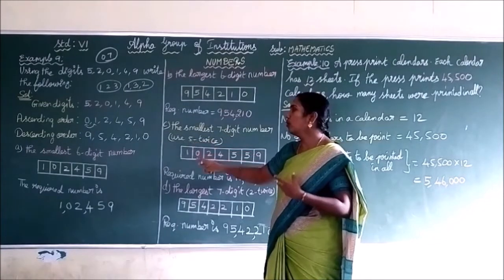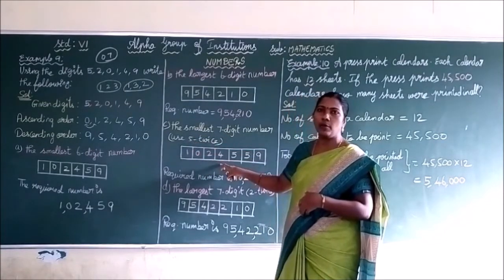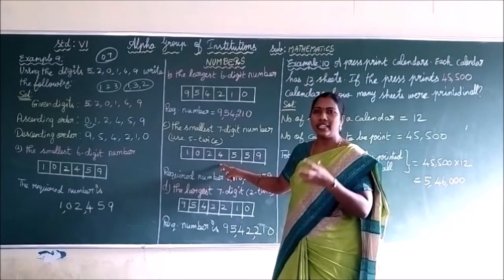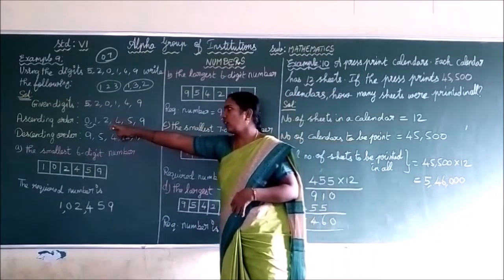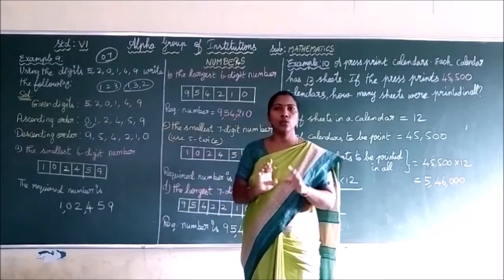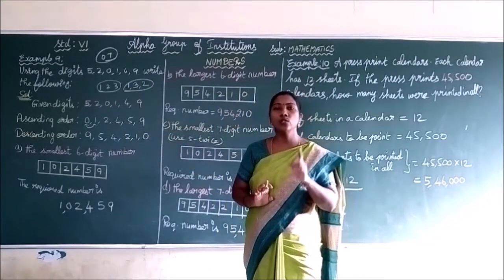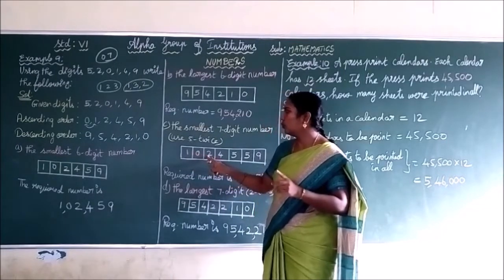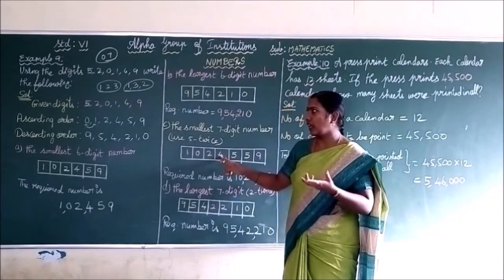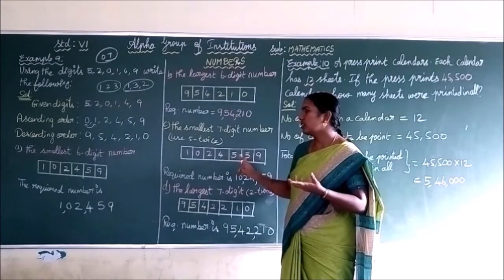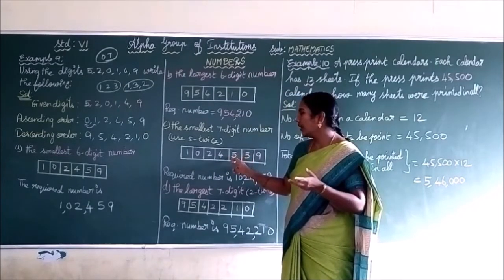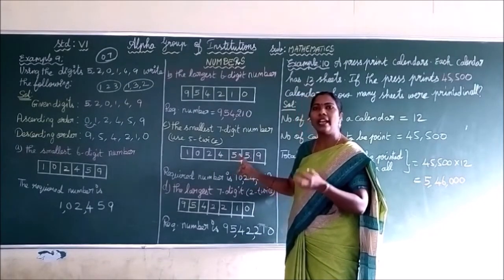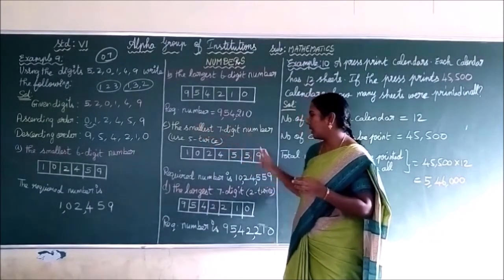Okay, now we are going to form the smallest 7-digit number. So we have to use the ascending order. So what is the ascending order? First one is 0, so we don't use the 0 first. We have to use 1 first. So we are writing 1, 0, 2, 4 in ascending order. What is the condition? You have to use the 5 twice. That's why we are writing 5 two times, 5, again 5, and then writing the next number, 9.